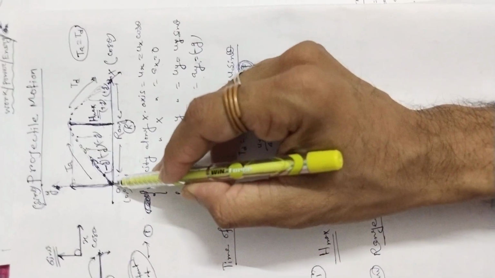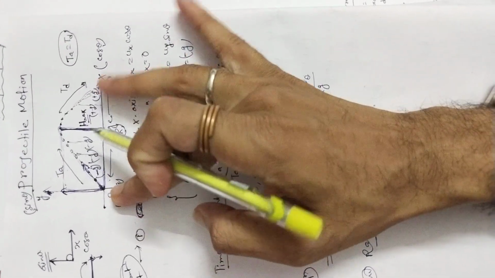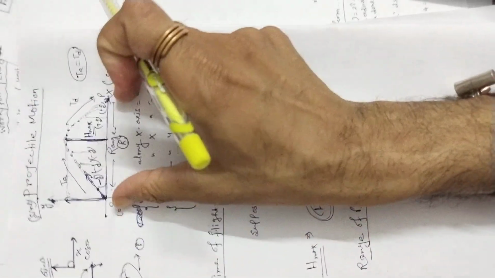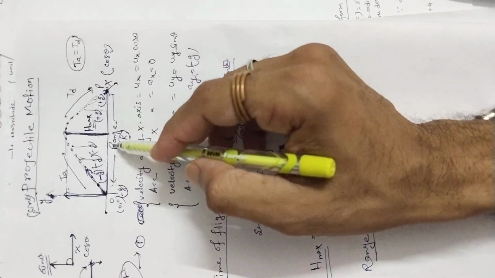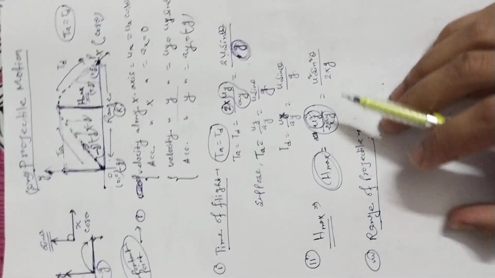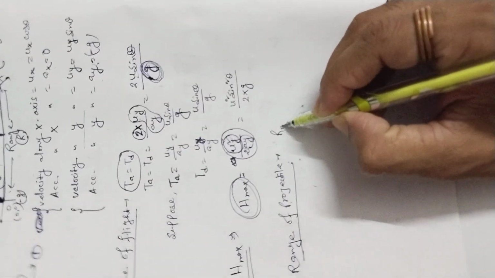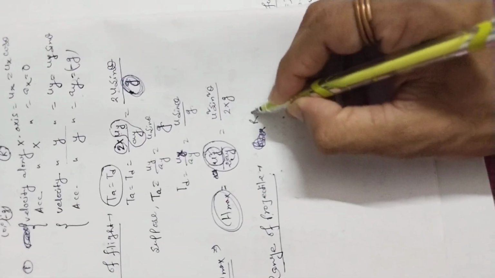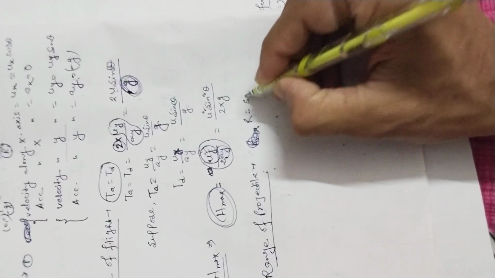So, sir, range means the point O covers the distance and comes to, suppose, point P, and OP is the range. So range along the x-axis, so we can write r equals, it is the displacement over here, so s equals,